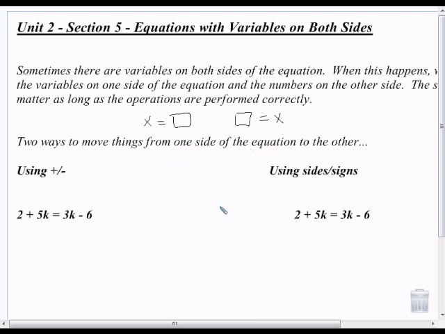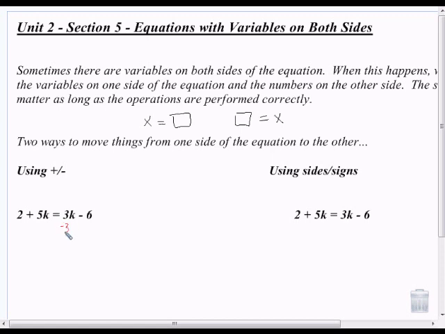There are two ways to work these problems. You can either add and subtract to move things from one side to the other, or you can just pick them up and move them and change their sign. So I'm going to show you both, and you can pick the way that makes the most sense for you. Okay? Using addition or subtraction,